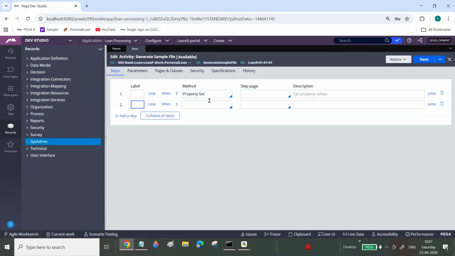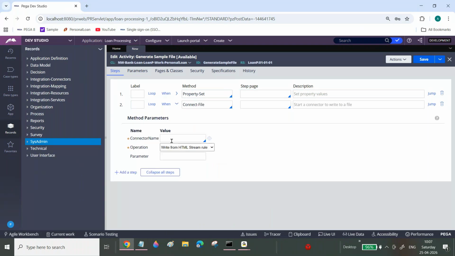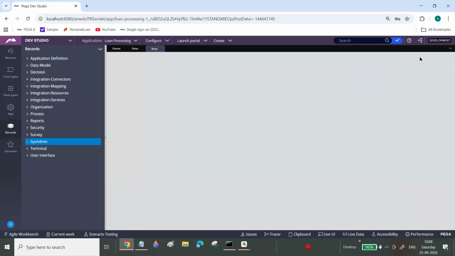Okay, fine. Now I'm going to create a connect file. From here directly, I'm going to create a connect file rule. So here, sample file. Click on this bullet icon. You can practice; it's better to practice even the connect file example also. Destination path. What I will do is